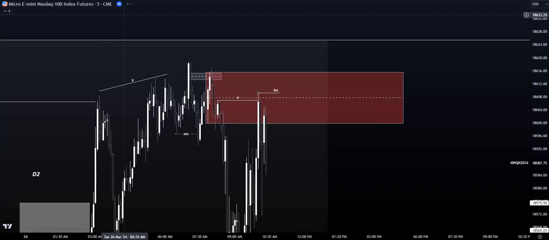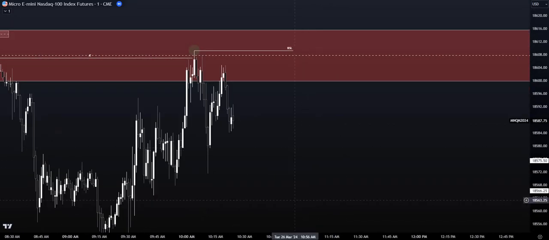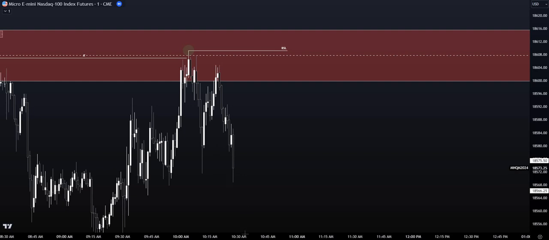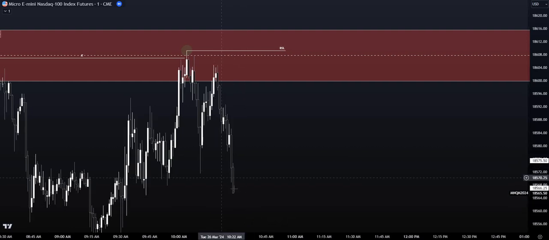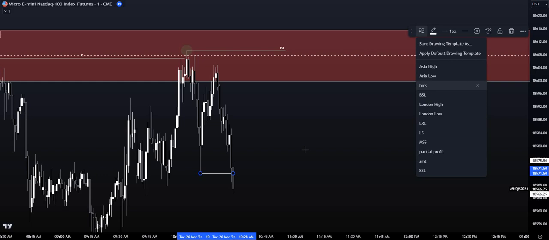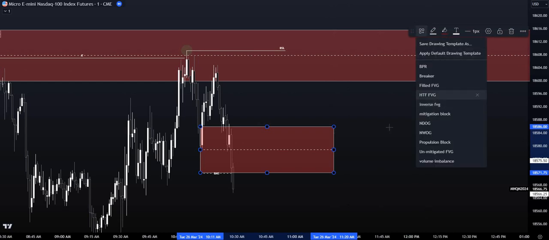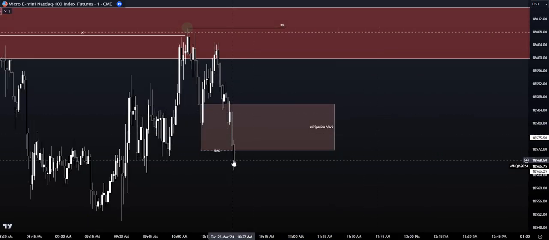We want to look at the 5 minute and the 1 minute time frame to see what price is going to do. So we see price starting to drop here, and once price displaces like this, you see that body close over this most recent low. That is our first break of structure. This is our first break of market structure. So because of that, this is our first mitigation block, alright? This is our first mitigation block that we have encountered.